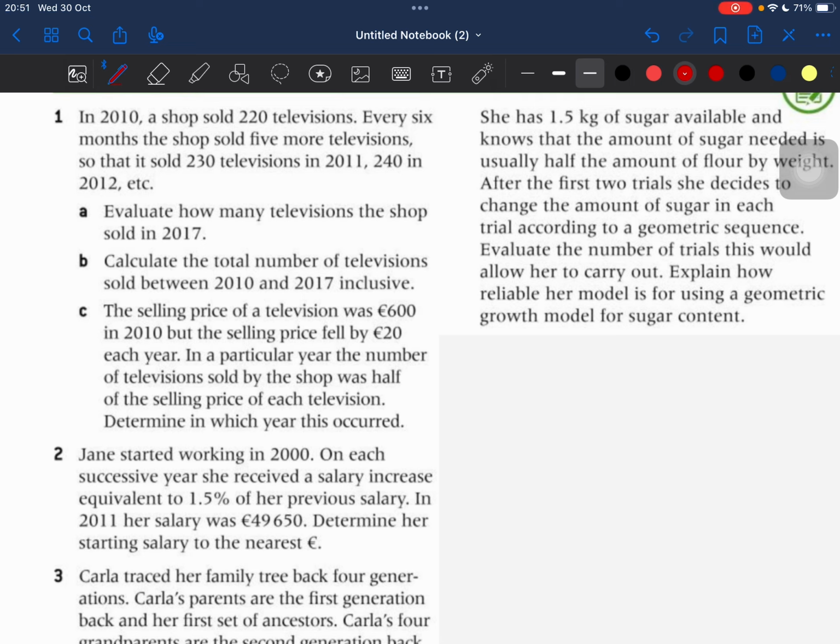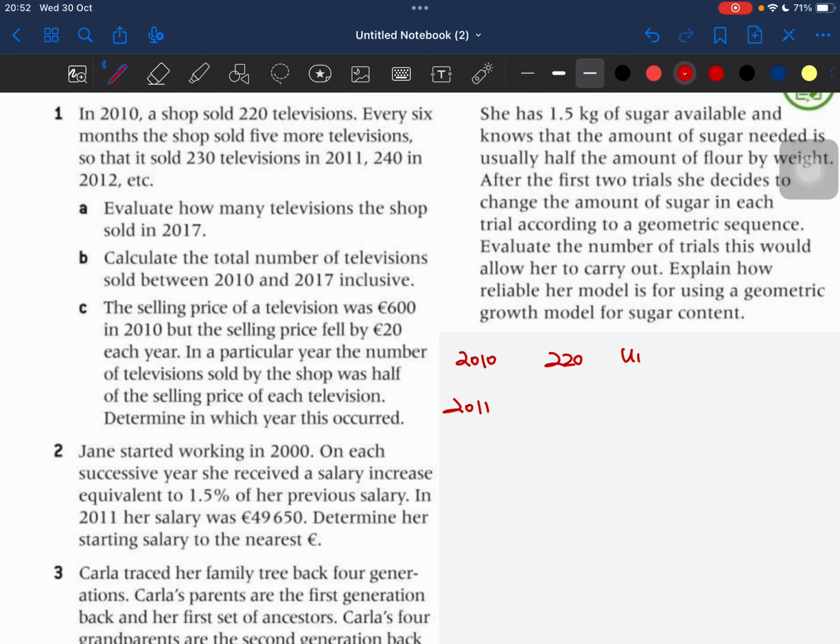In 2010, Sharp sold 220 televisions, and every 6 months 5 more, which means 10 more every year. Evaluate how many televisions Sharp sold in 2017. So 2010, 220. Let's call this the first term. 2011, 230, second term. 240, this is the third term. So we need to know which term is in